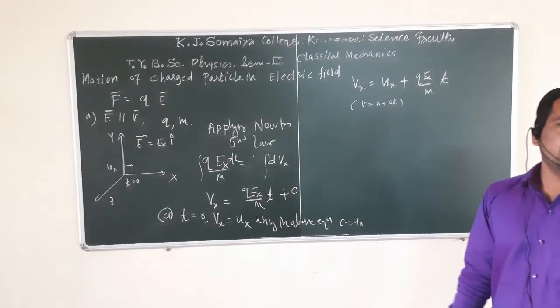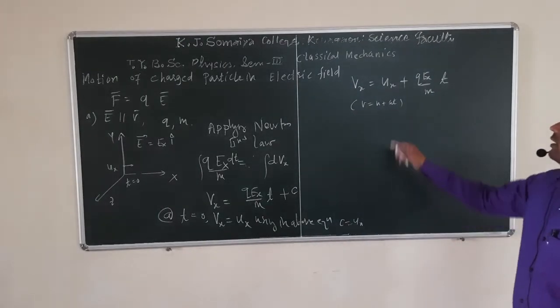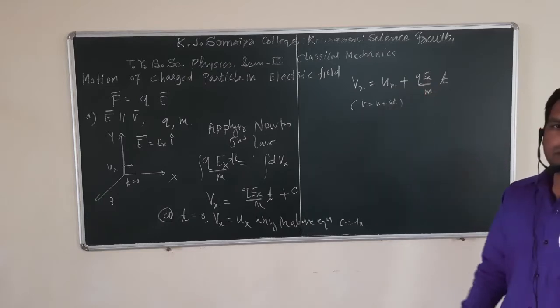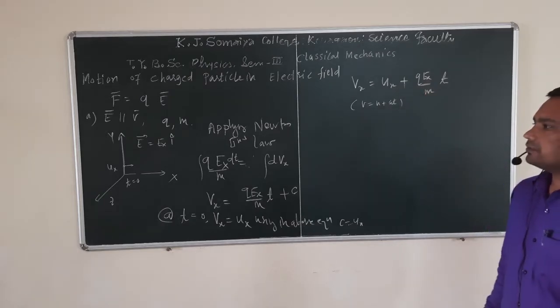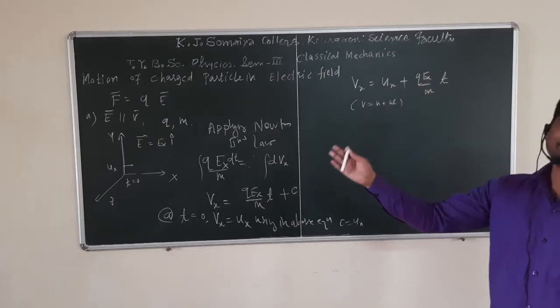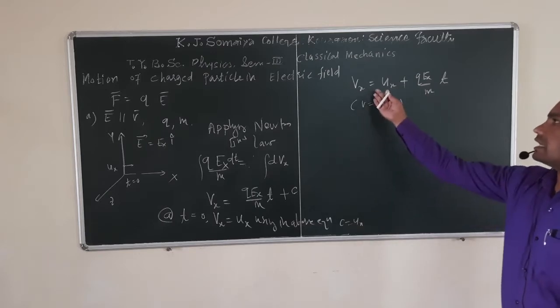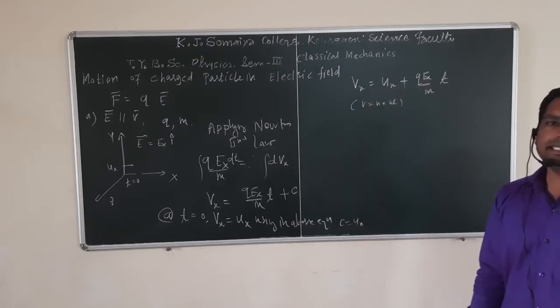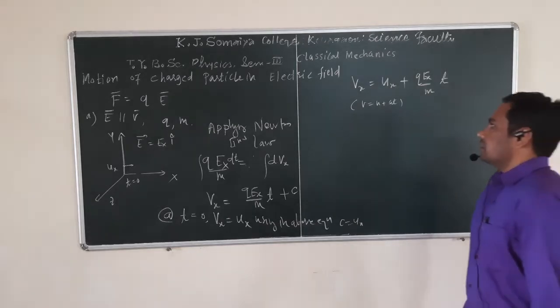This is the kinematical equation for velocity. Here a is acceleration, which is qEx upon m. So from this we know that when a charged particle enters an external electric field, that charged particle is accelerating, which means the velocity of that charged particle is increasing. Now next,